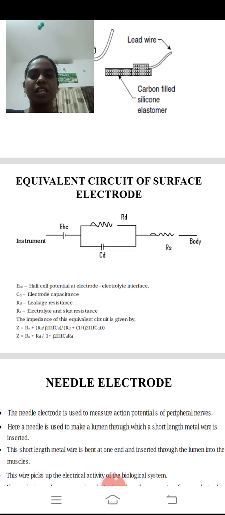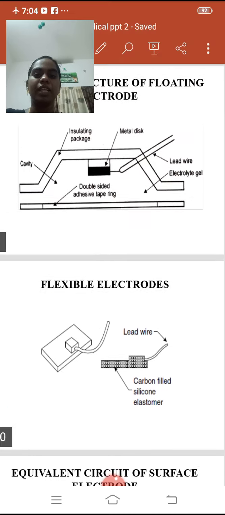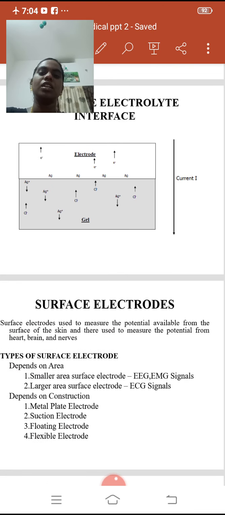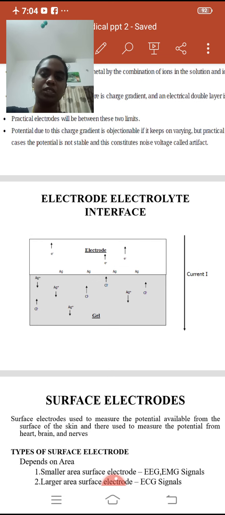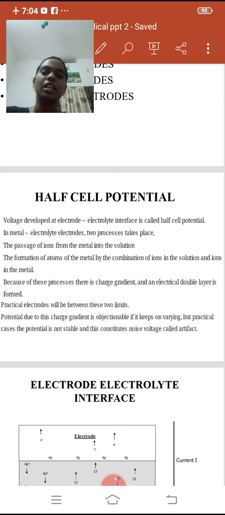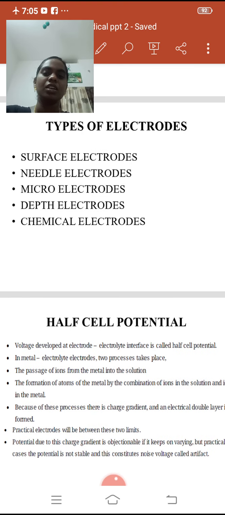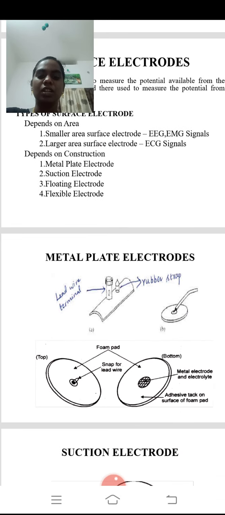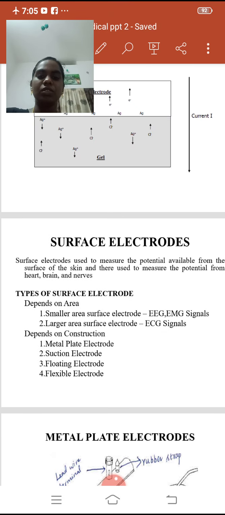From this we can use V equals I into R, from which we can find our voltage level. The voltage level is nothing but the bioelectric potential, which will be converted into a signal. This signal will be compared with a reference signal. If there is any imbalance between the reference signal and the original signal, surely our body is in a malfunctioning, bad condition, and we have to give some treatment. So these are all important questions on the surface electrode.